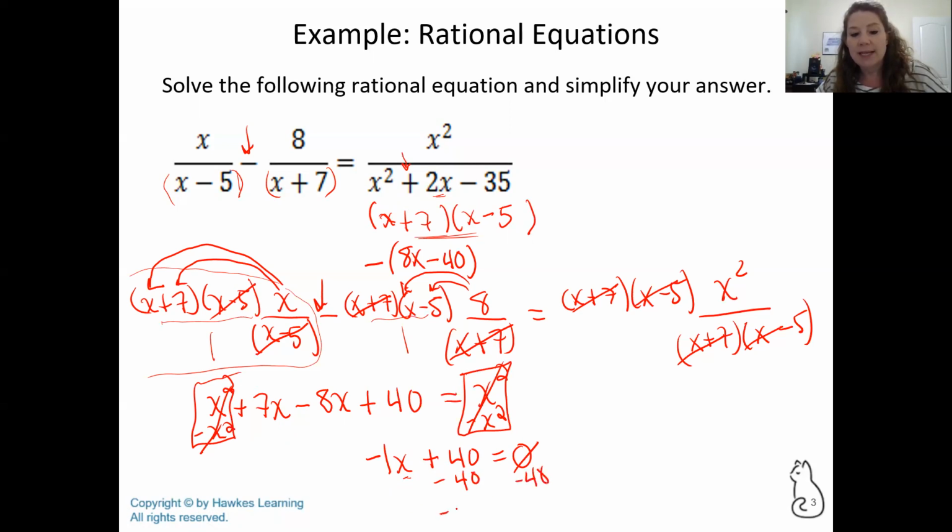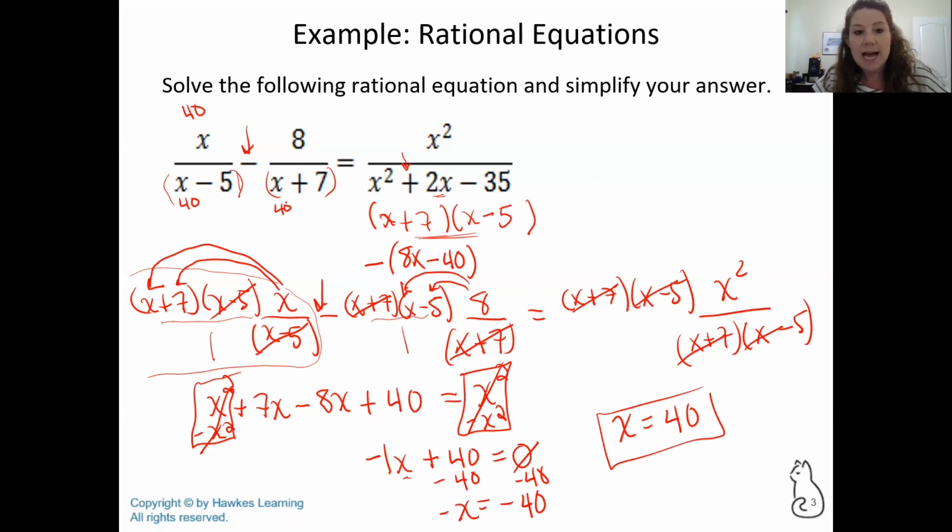And then I'm going to bring down my negative x equals negative 40. If negative x equals negative 40, that means positive x equals positive 40. And that is what x equals. Now, I can check my answer by plugging in 40 for every one of these x's, and